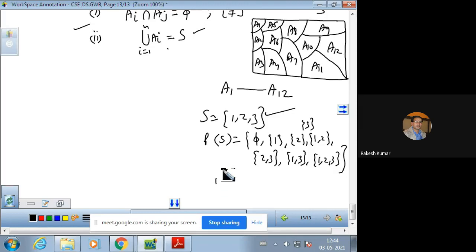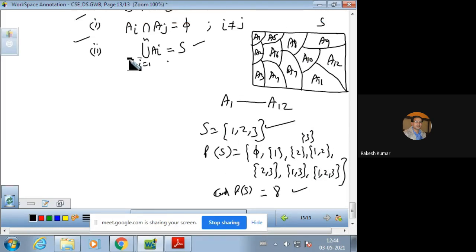So जो पावर सेट है उसमें हमारे पास 8 एलिमेंट होने चाहिए. So cardinality of a power set is 8. तो इनको नेमिंग अगर हम कर देंगे, that first one is A1, second one is A2, A3, A4 and last one is A8, then that will clearly satisfy these two conditions. Intersection of all these sets will be empty because all are disjoint sets, and the union of all the sets is equal to complete set S. So this is a partition.